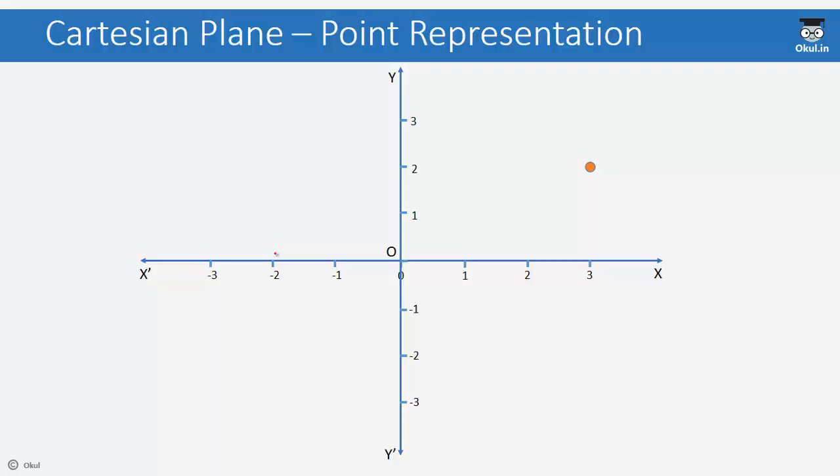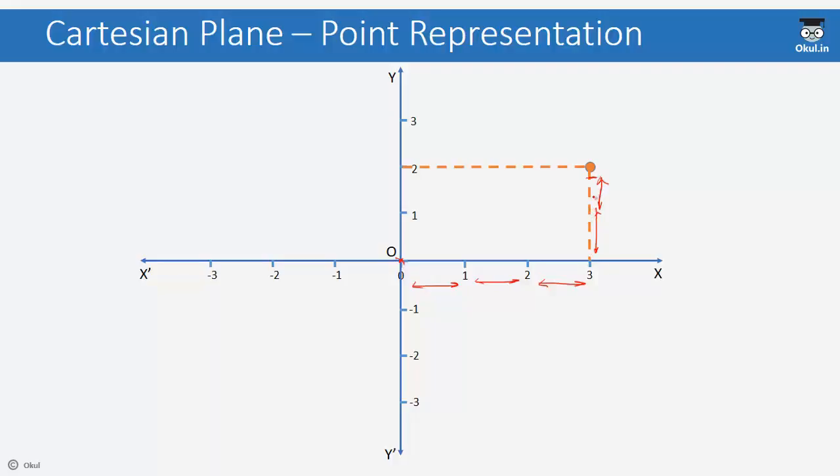So basically, we can represent the position of this point by writing down its distance from the x and y-axis. If I am standing at the origin and I have to reach this point, all I have to do is travel 1, 2 and 3 units along the x-axis and 1 and 2 units along the y-axis. As we can see, the perpendicular distance of this point from the y-axis is 1, 2 and 3 units, and from the x-axis it's 1 and 2 units.